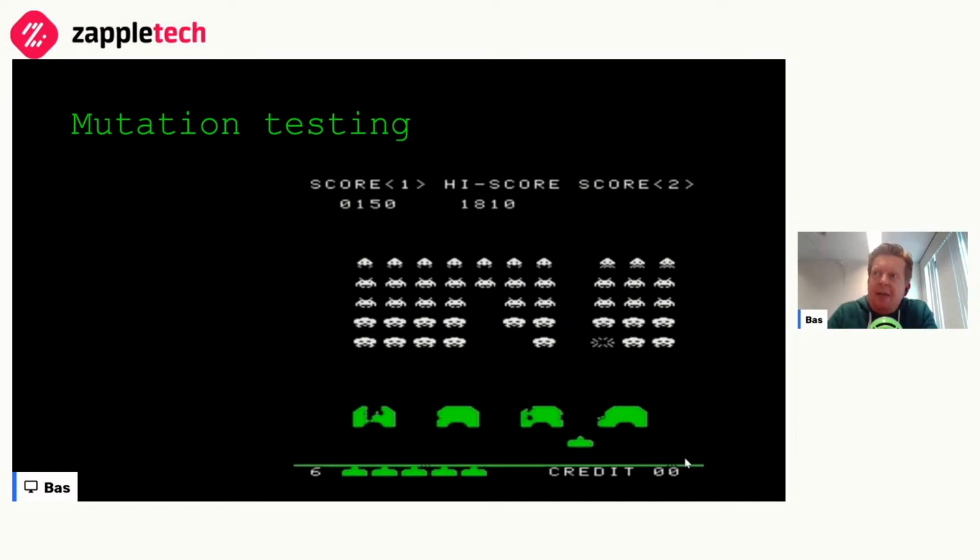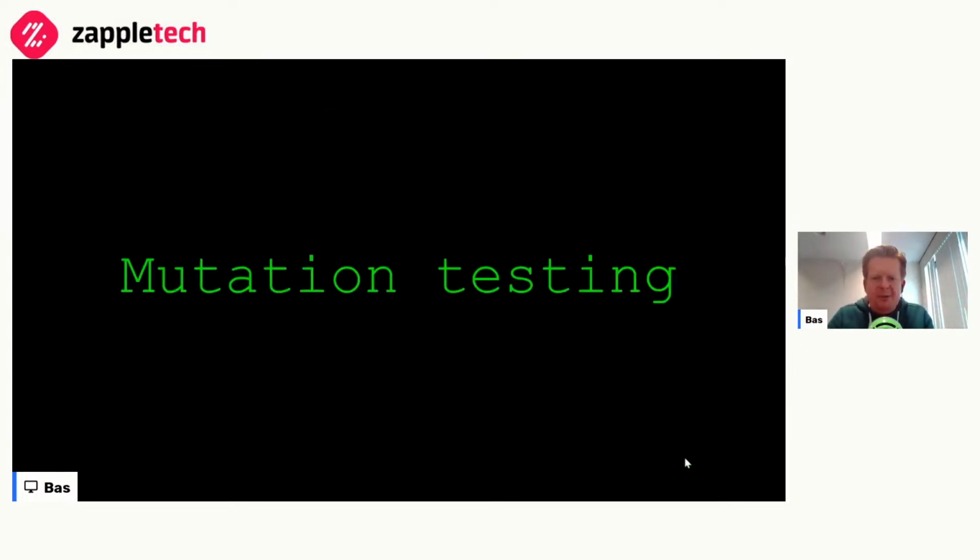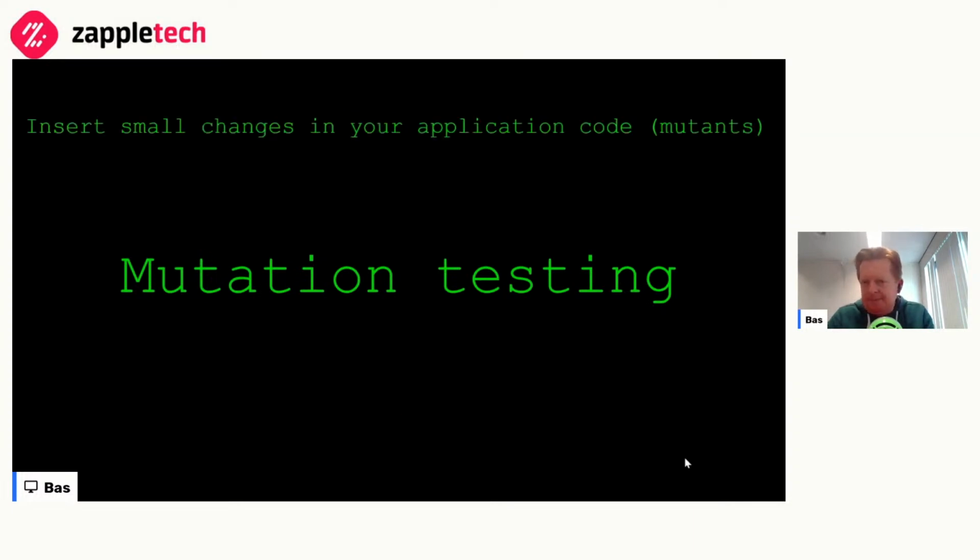Why talk about this? First of all, it's a very interesting technique, and it's also pretty powerful and can produce some very interesting results that humans looking at code or metrics like code coverage just cannot uncover as easily. So, what is mutation testing? You can pretty much do mutation testing with pen and paper, but it's probably much more efficient to do it with a tool.